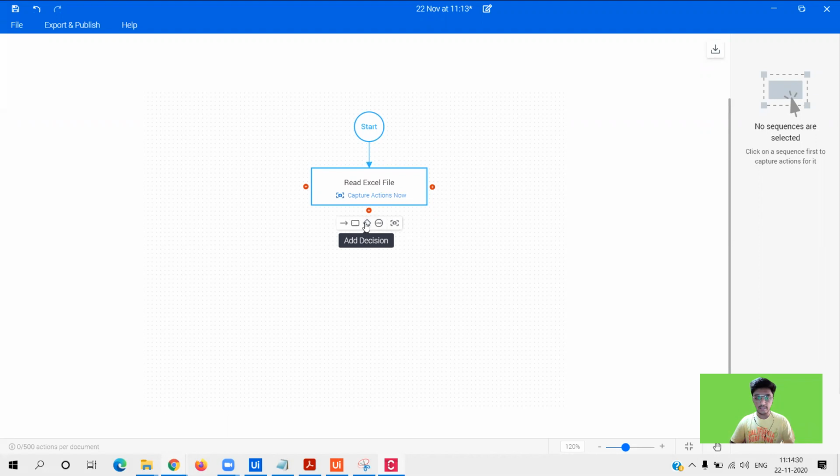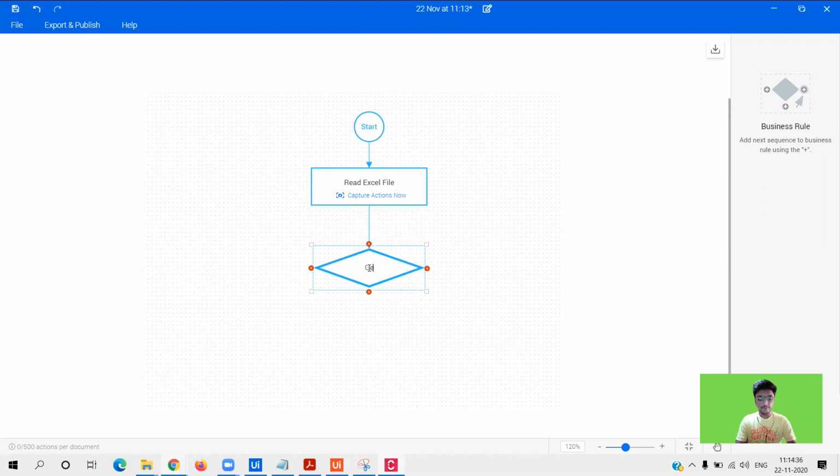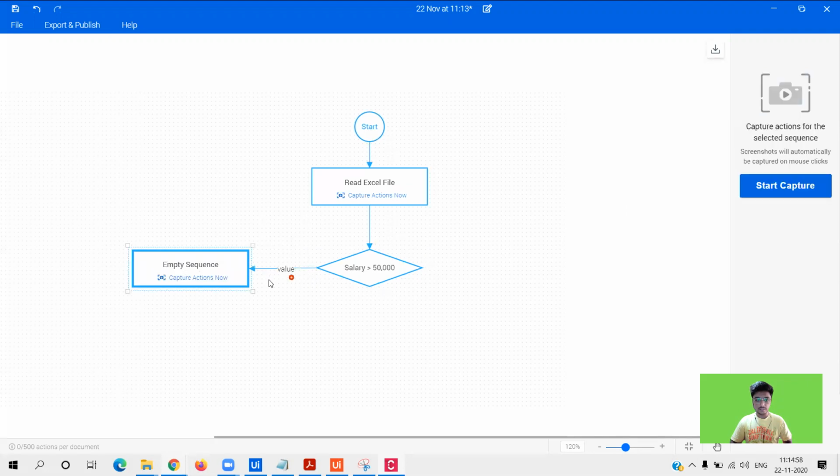Okay, and then I want maybe a decision to be made. If, let's take, salary greater than 50,000. If salary greater than 50,000, then let's say add a sequence. If this is true, what I want is a bonus of only